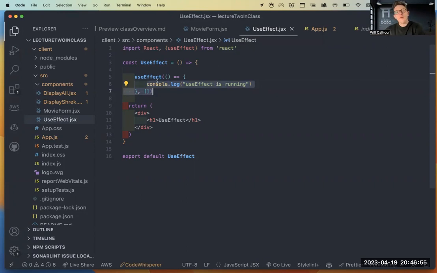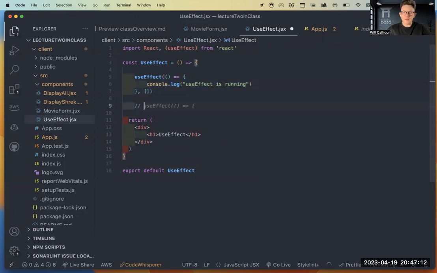Well, useEffect takes an arrow function that can do certain things, and here is what it's going to do. Then it's got this comma, and then this bracket right here. Well, this bracket is what we call our dependency array.